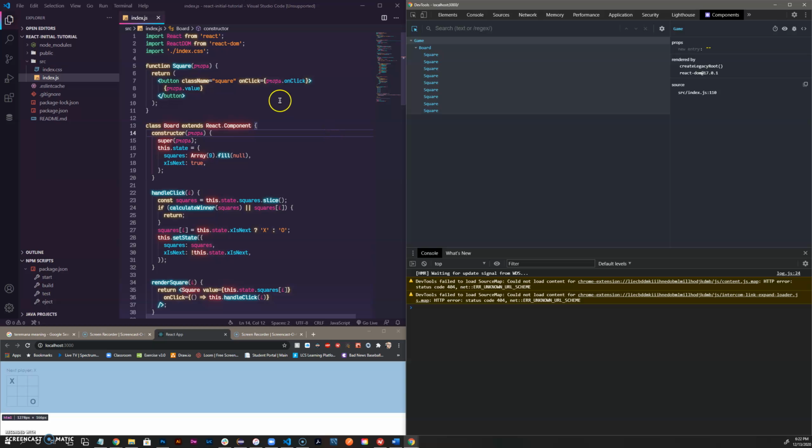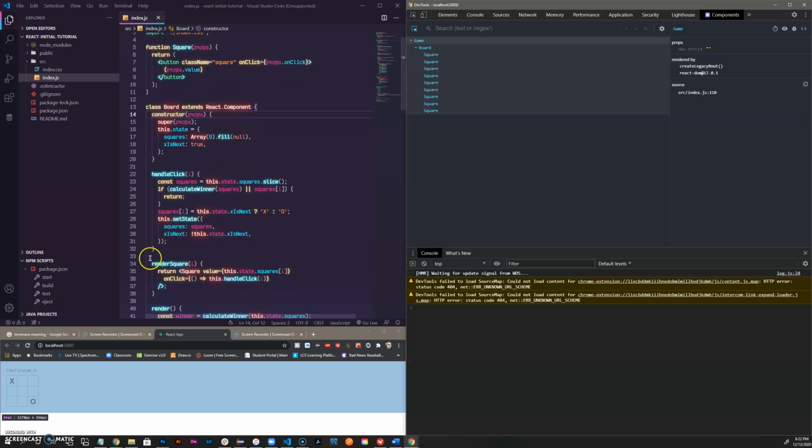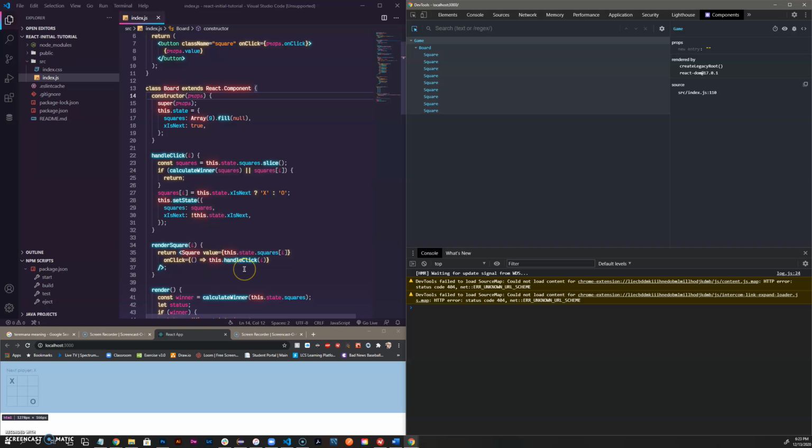And onClick, it is doing this props.onClick and then props.value. So props.onClick down in renderSquare is what is actually going on. So renderSquare essentially passes the onClick as this.handleClick, which handleClick then passes the parameter i,